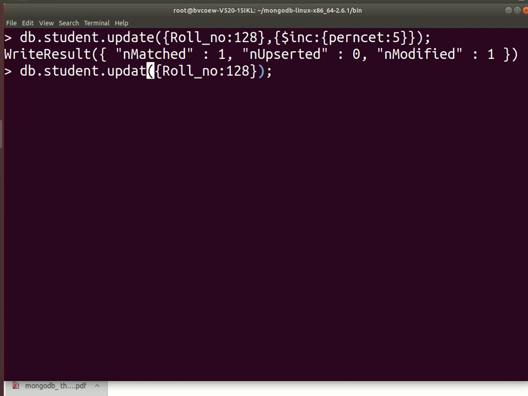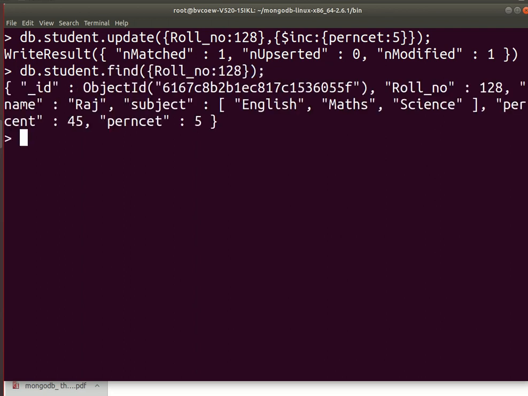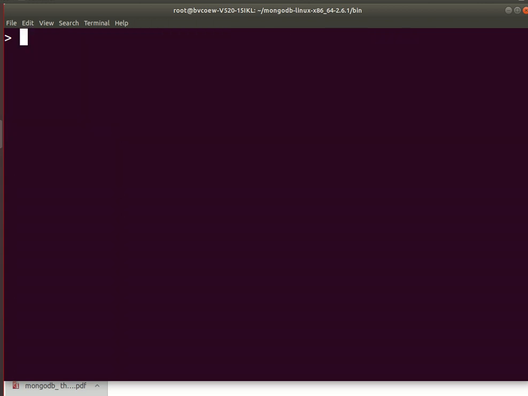So for that I will use db.student.find. Okay, I made a mistake in the spelling of percent, so that's why it is not working correctly.